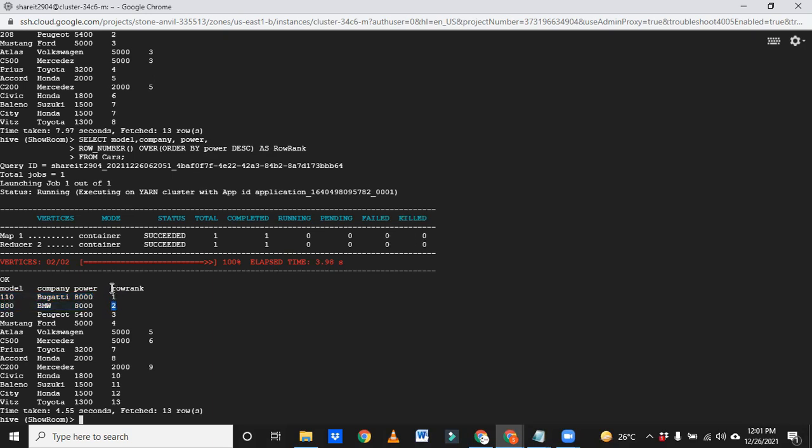That means based on the latest record it will give 1, the older one it will give 2. Then when we put a where condition to pick row number rank equal to 1, obviously we will pull only the latest record. That is where we will try to eliminate the duplicates. So that is the usage of the row number function. We will use it in removing duplicates. So this is about row number.